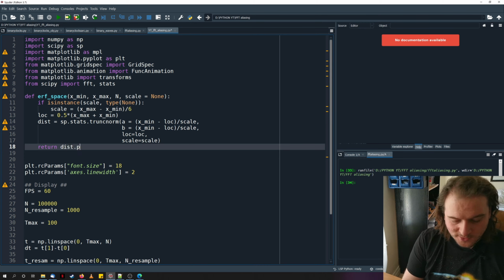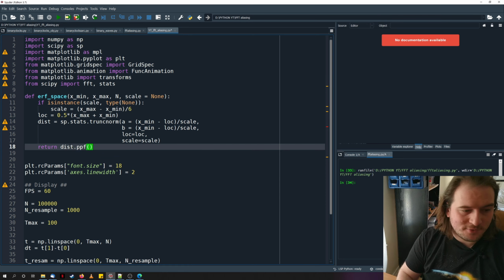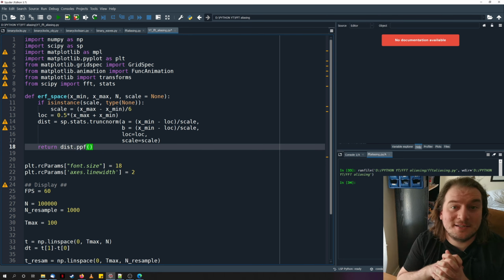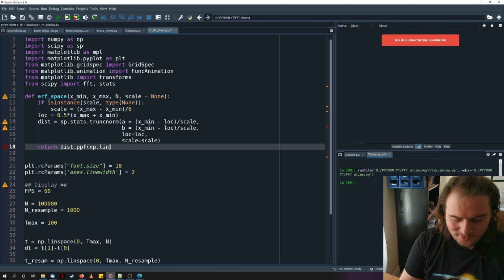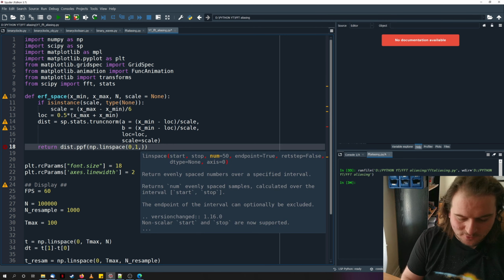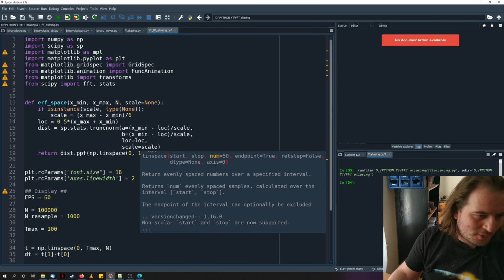Now here's where the magic happens. We do the distribution and the PPF, so that's the percent point function. That takes in values between 0 and 1, and it gives you the variate associated with that probability. So if you think about a CDF function, it's the inverse of a CDF. But why is this special? So if we now do a linear space between 0 and 1 with the same number of points n,